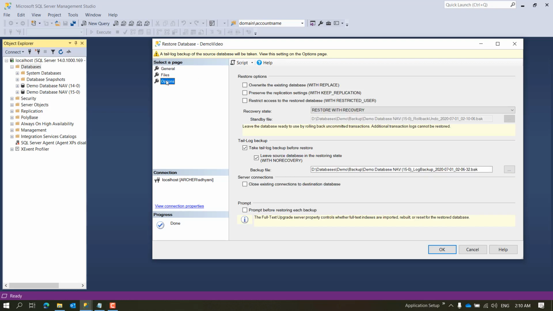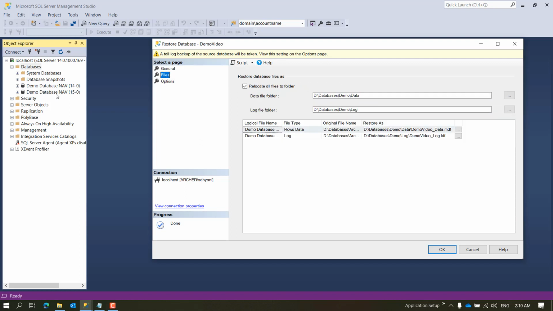Coming down to the last tab, which is options, and there are so many options here, so let's go and see them. Restore options. The first one is override the existing database. I would recommend never to use this option or never set that boolean, and the reason is that if you set this, the restore operation will override the files of any database that is currently using the database name that you are specifying. So if I keep the database file name same as they are from demo database 15.0 and I check this option,